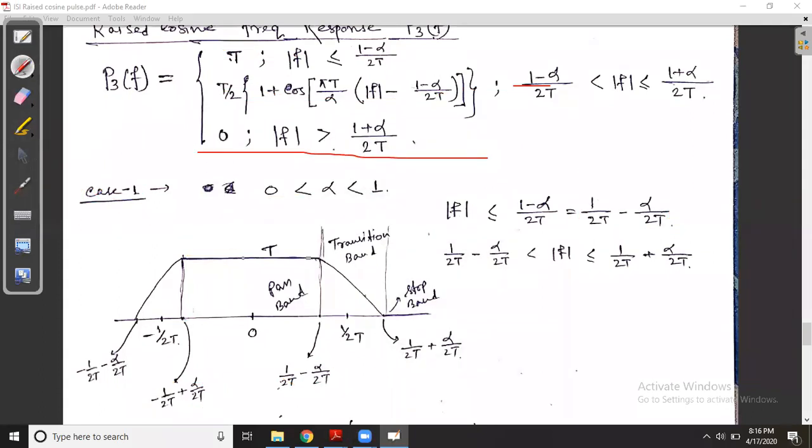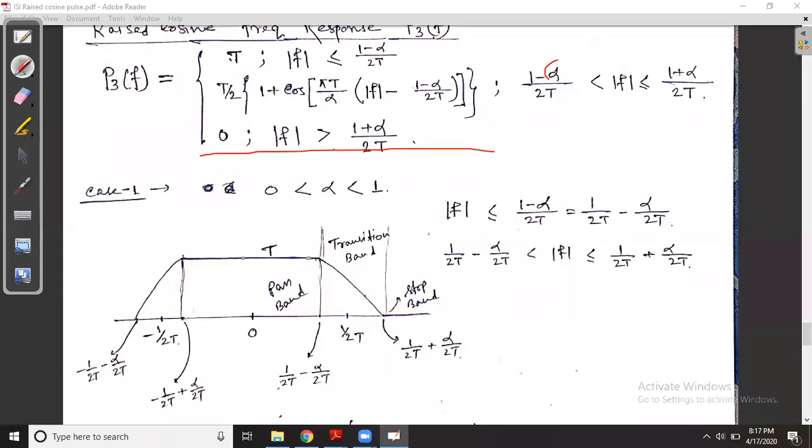This whole thing is coming by applying Fourier transform on P3T. We are applying Fourier transform on this pulse and we are getting P3F, time domain to frequency domain. You can apply it in MATLAB, but the derivation is very large and you need not do it. In all the books, only the expression is given like this, with no derivation. So that is the first case.